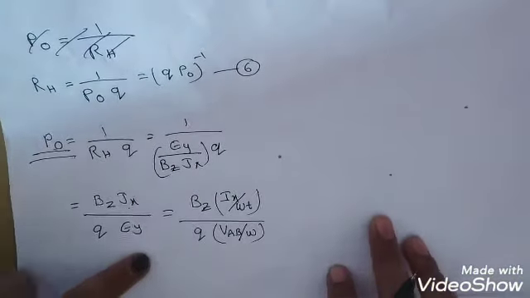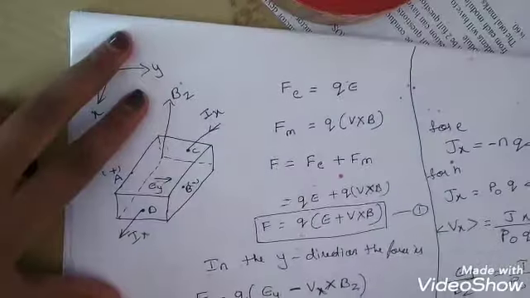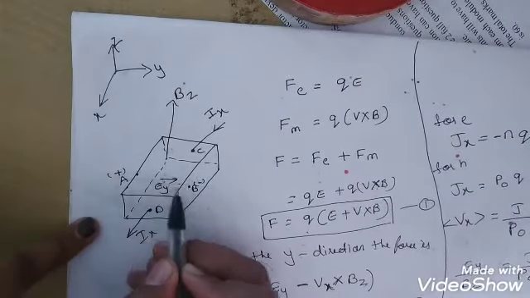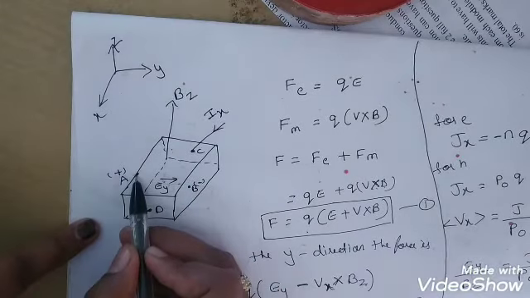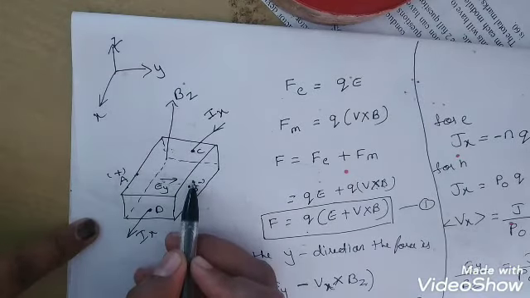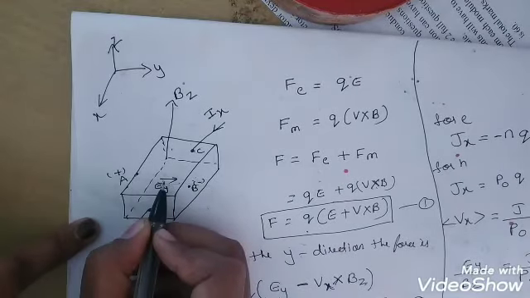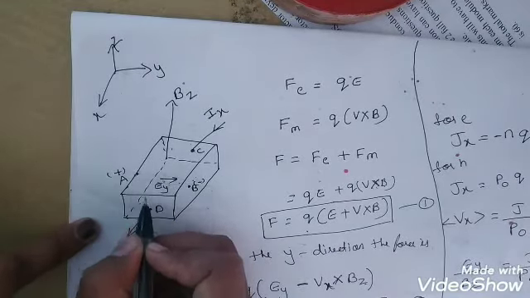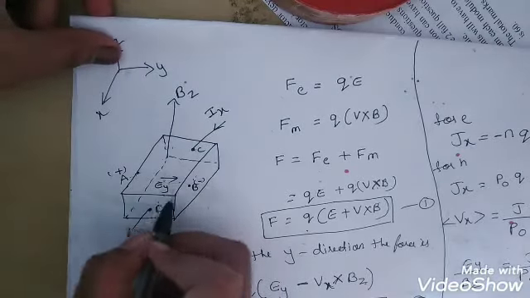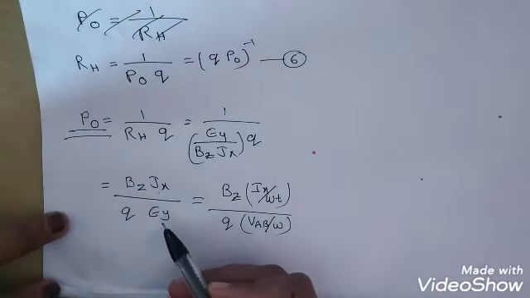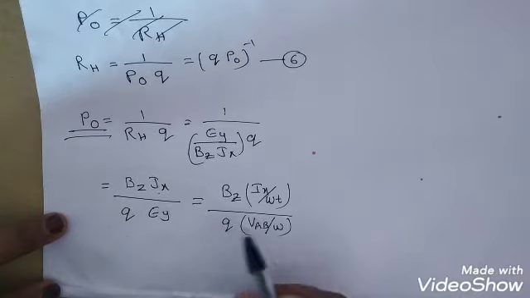So E_y, if you refer to the figure, E_y is between the terminals A and B. So the potential difference, that is V_AB divided by the width, because along the width we are taking the E_y. For that reason we take V_AB by W in the particular equation. So we can rewrite the current density as well as the electric field intensity in this way.